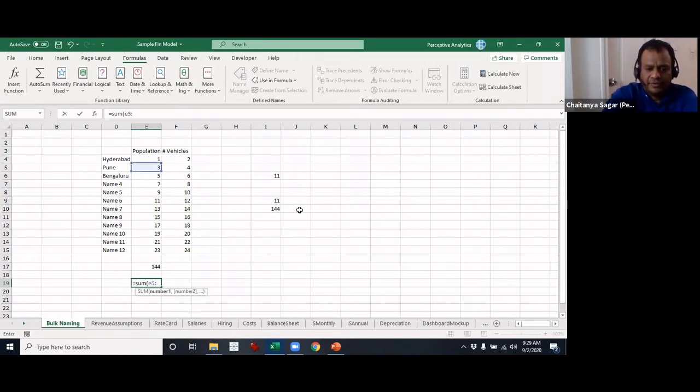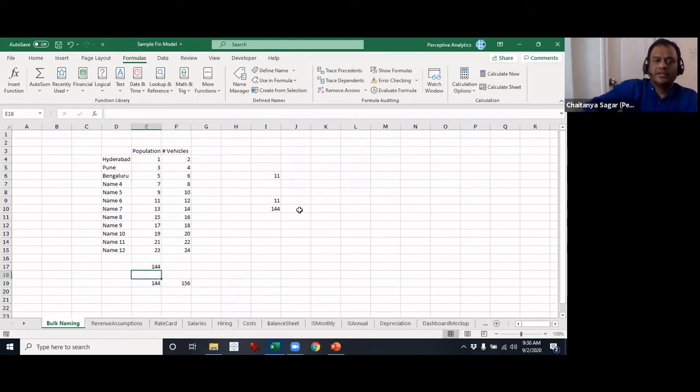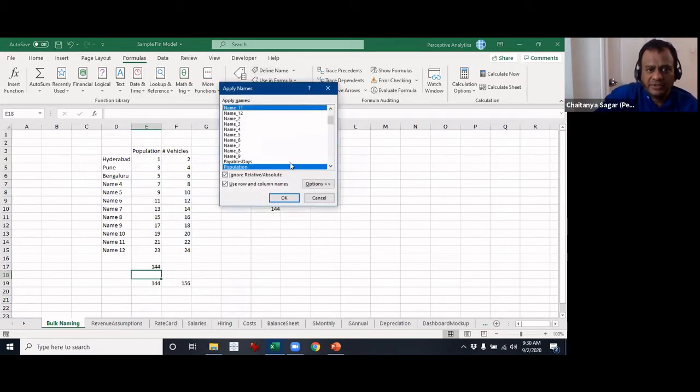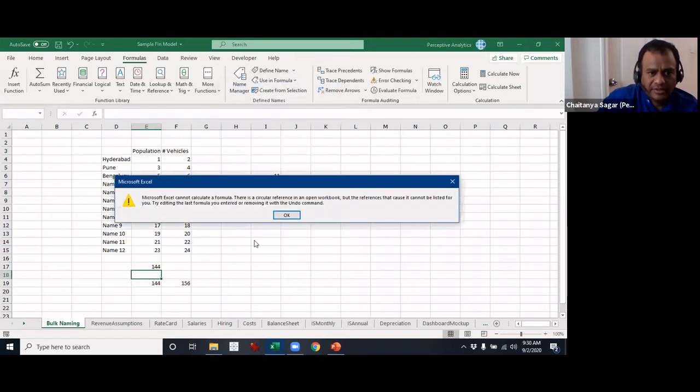E5 to E15, right? There you go. It's supposed to be 6 actually, but let me just do this. You have 1 here. Oh, sorry, it was 4, is it? Yeah, it's 4. So you have these 2. Then let's do the same thing here. Here it's called Apply Names. There are 2 of these. It has actually auto selected some of these. I'll click OK and let us see what happens.